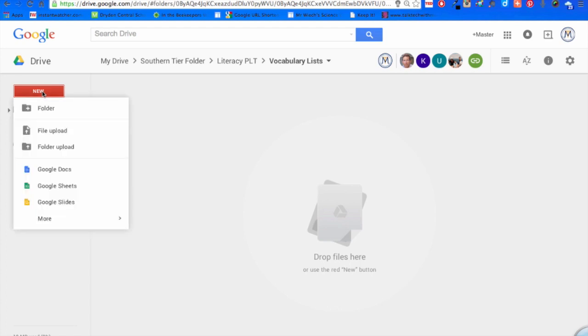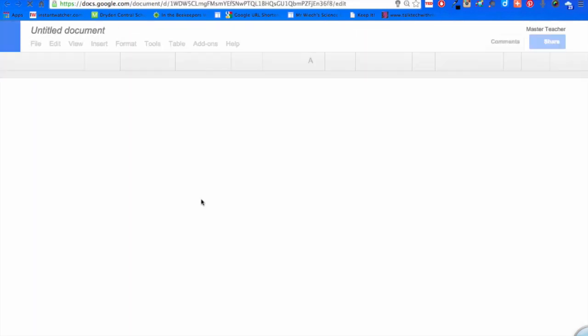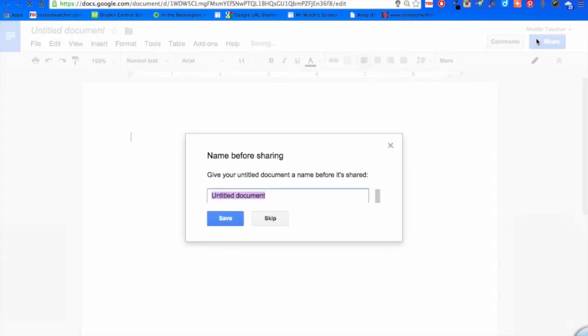Now if you did want to create a Google Doc, just create your Google Doc. You can then start to write up your Google Doc, whatever information you want to put in there. And then if you want to share it with everyone, as you see when I go to the upper right hand corner it says private only to me. If I click share,